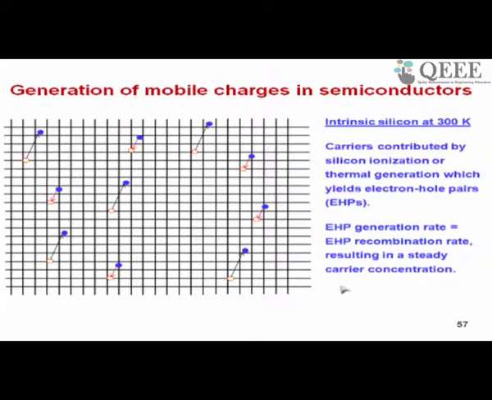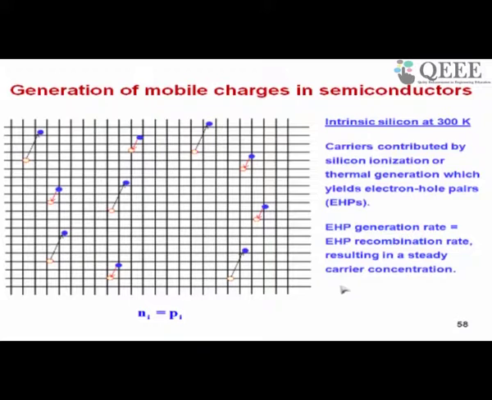It's somewhat like people are born in some place and some other place they are dying, and because the birth rate is equal to death rate, population is remaining constant. Now not only is birth rate equal to death rate, the human beings which are born remain alive for some time, so that is called the lifetime. Similarly, even in the semiconductor, electrons and holes, after they are generated, remain for some time and have a non-zero lifetime. That is why you have a population.